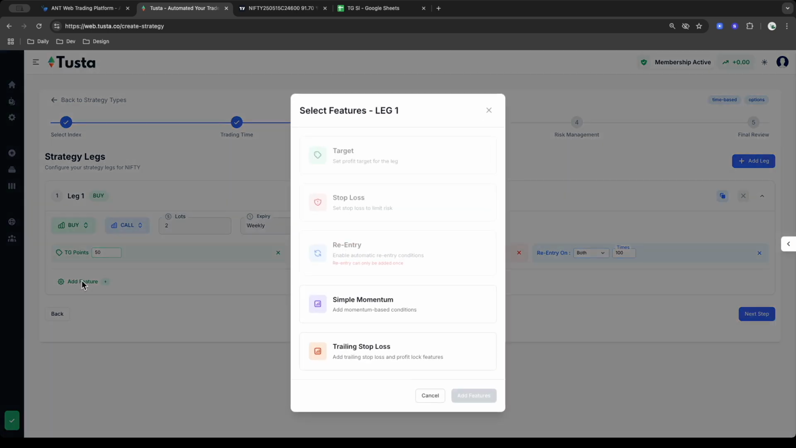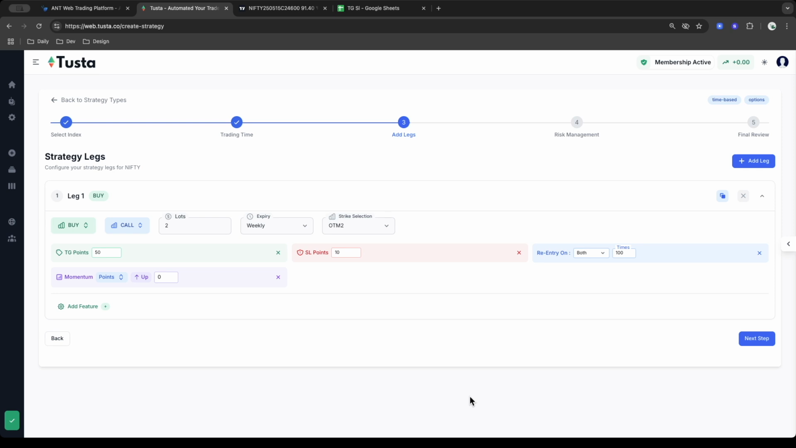Now let us understand a new concept called simple momentum and what kind of strategies we can build. So Hemang will help you out in understanding the concept behind momentum and what kind of strategies you can build using this. Hi guys. So here in simple momentum, we can put in a new condition on the strategy, which